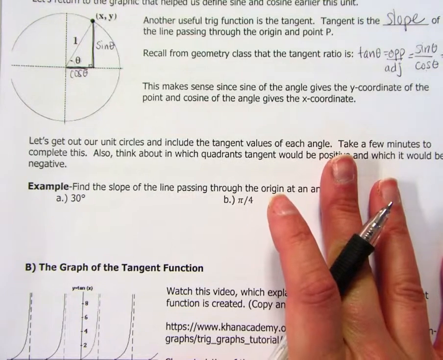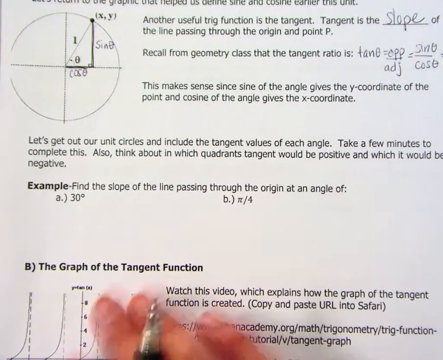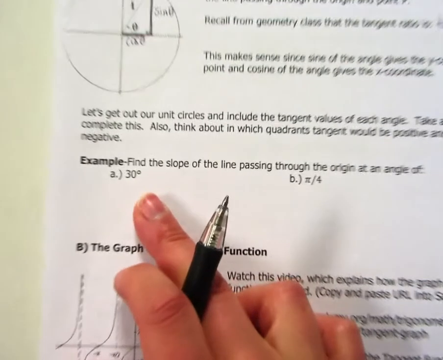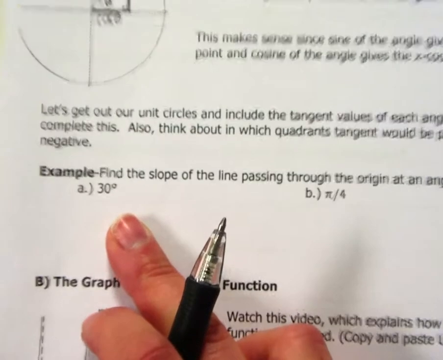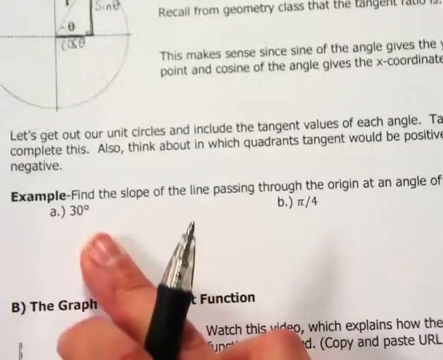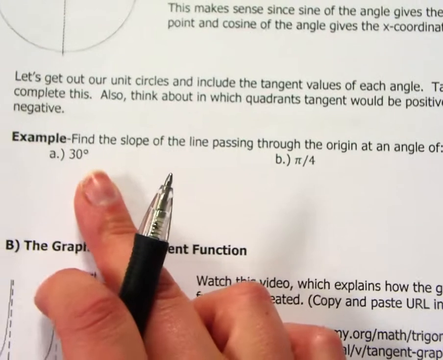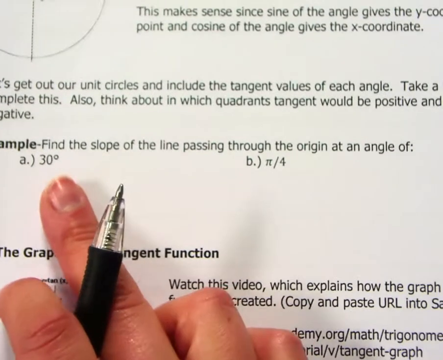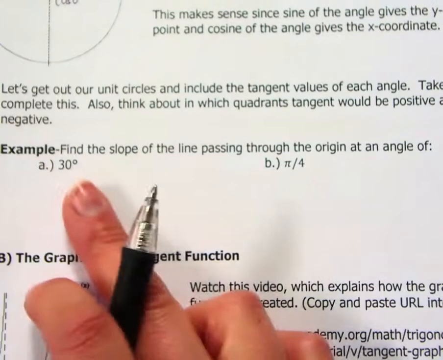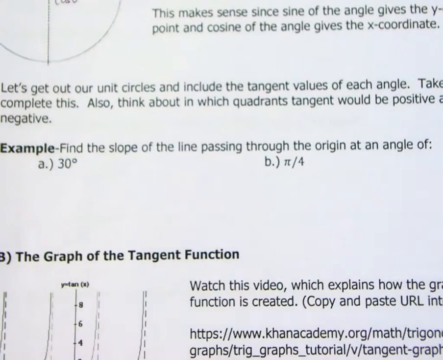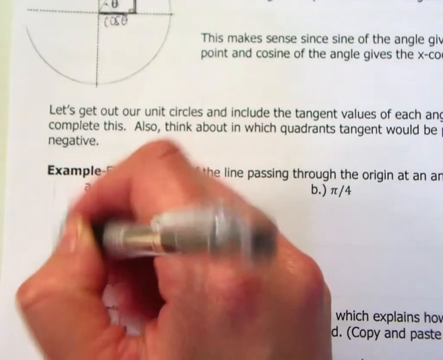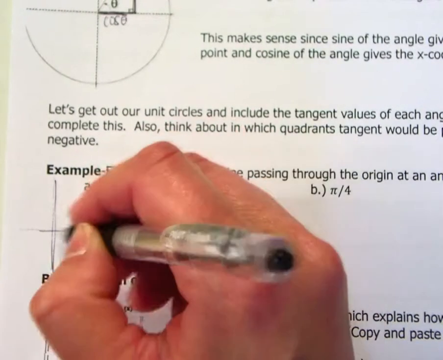Alrighty, so a couple of examples. Again, I want you to start equating that slope is really just tangent, okay? Find the slope of the line passing through the origin at an angle of 30 degrees. If it helps you to get a visual of this,